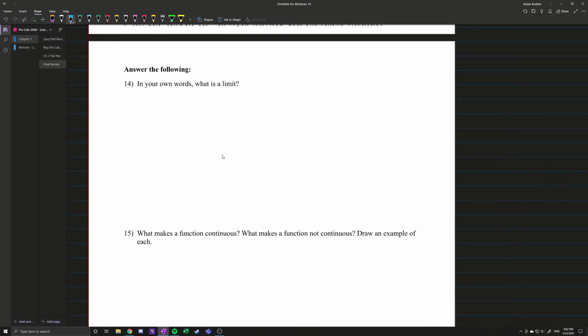So in your own words, what is the limit? I'm not going to write this down because I don't want people to write down exactly what I have for the final. Okay, but a limit is the behavior of a graph at some point. Okay, or at least it's behavior of a graph leading up to some point. Okay, so very early on when I first explained this,